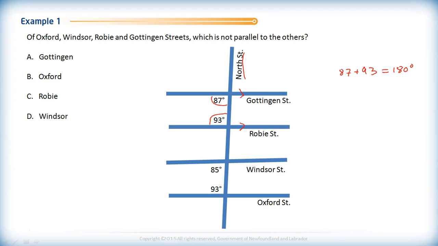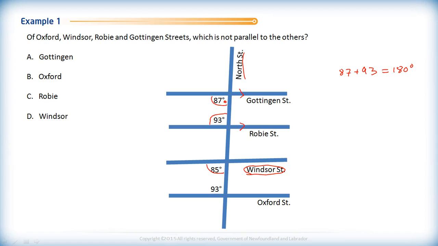Okay, now I can tell that this 85 degree angle here doesn't correspond to this 87 degree angle up here, although it should, which means Windsor Street is not parallel to the other two. So far it looks like Windsor is going to be the loser or the winner, whatever way you want to